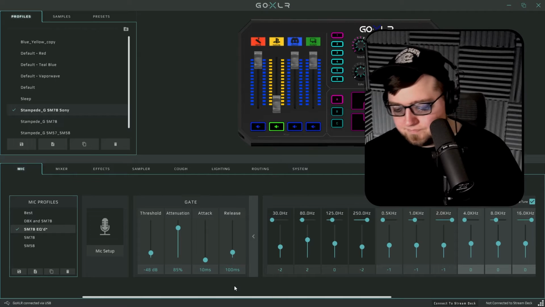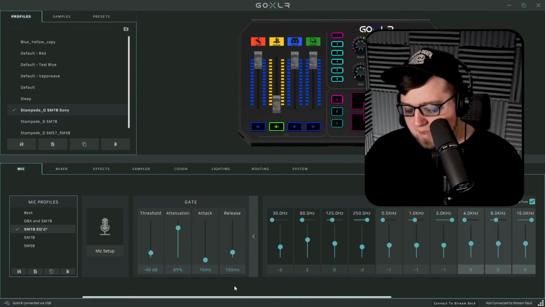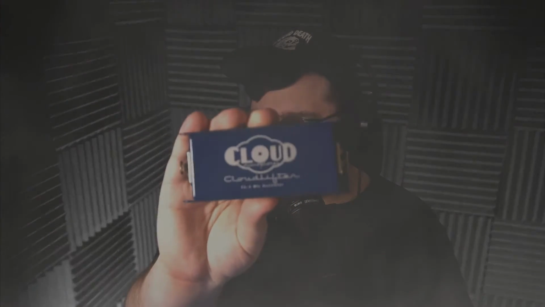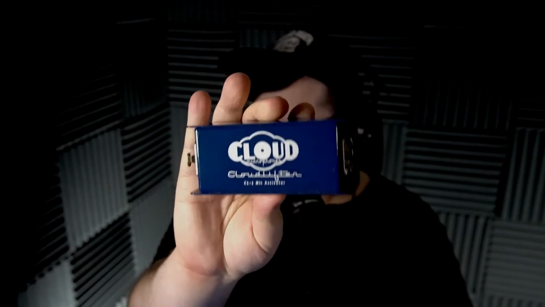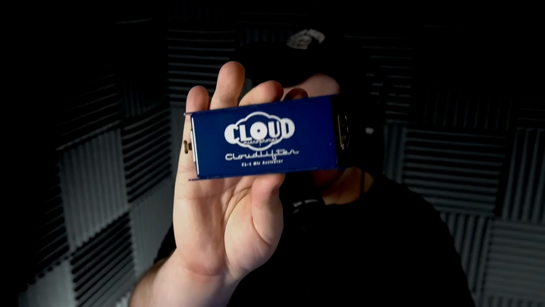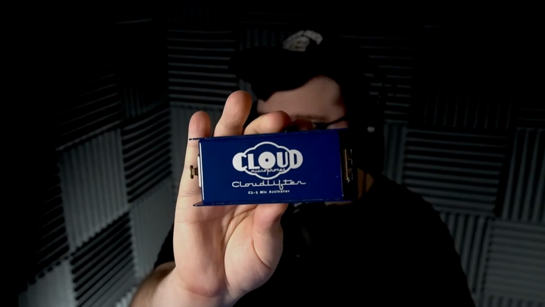So the next thing I kind of wanted to talk about was this thing, this Cloud Lifter. Why am I not using it? Well, long story short, this thing introduces noise into my signal. And you might be thinking, you're an idiot. This is a dynamic microphone. There is no self noise. You're right. There is no self noise coming from the mic, but there is some sort of noise coming from